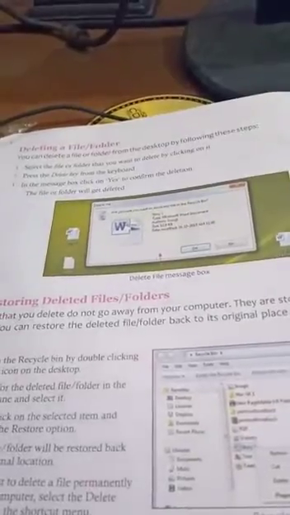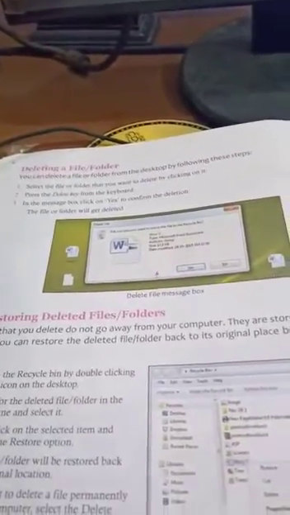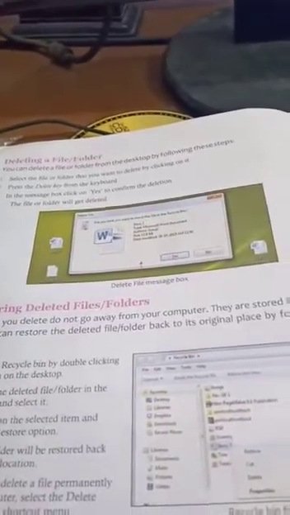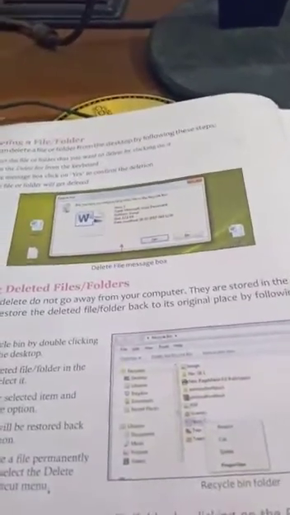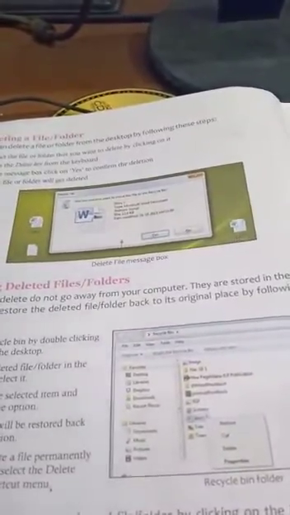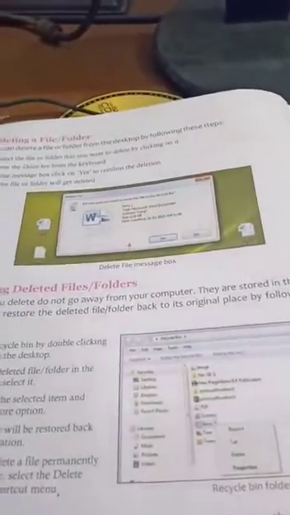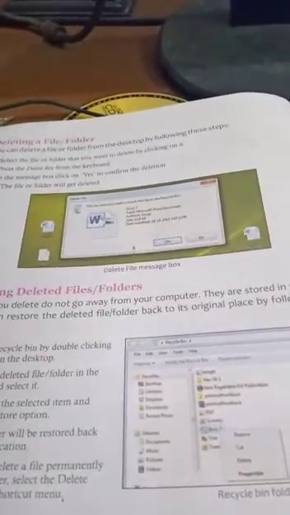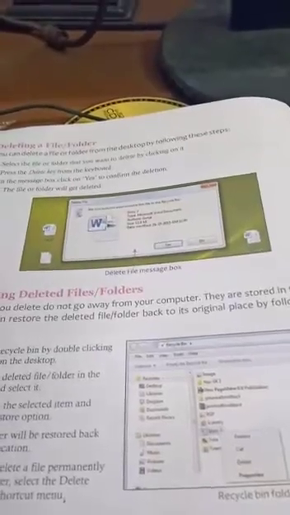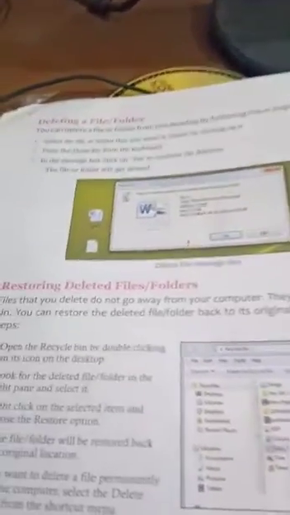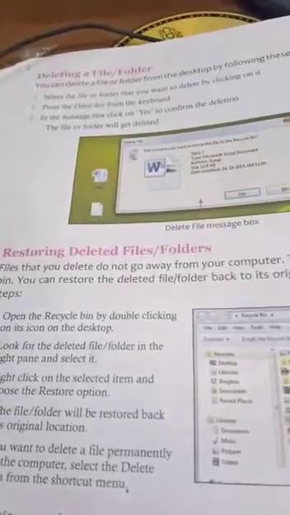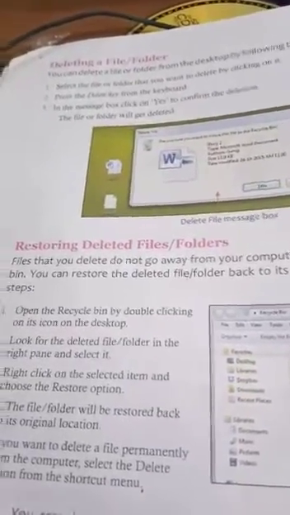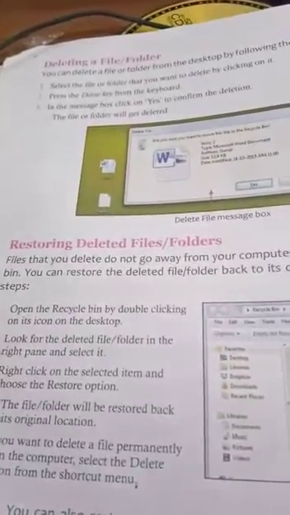Then we delete that file into the recycle bin. But if we throw something important or precious into the dustbin, then we have to search the dustbin to find where that thing has gone. The recycle bin is just like that. If by mistake you delete an important file and it goes to the recycle bin, how can you restore that file and get it back from the recycle bin? Then you have to follow this way to restore deleted file folders.